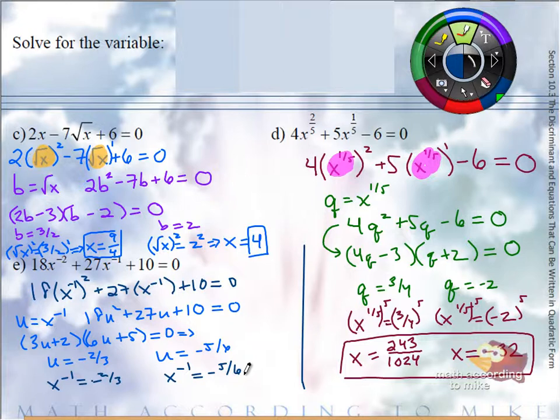So if x to the negative 1 equals negative 2/3, what does that say about x? Negative 3/2. Good job. And if x to the negative 1 equals negative 5/6, then x equals, good,